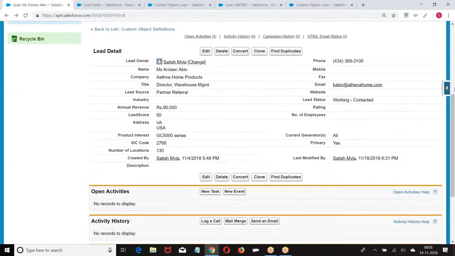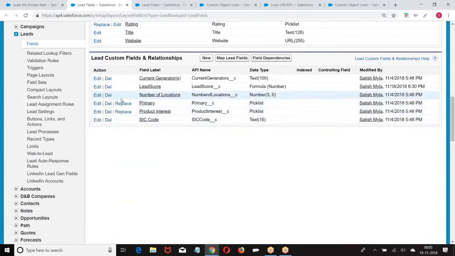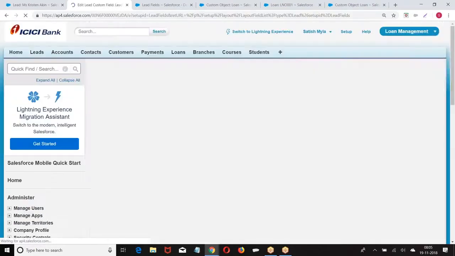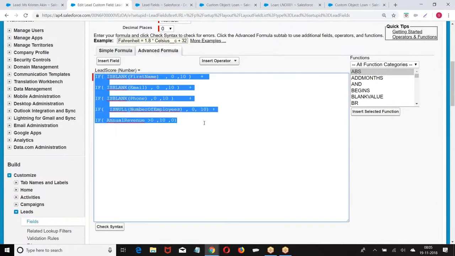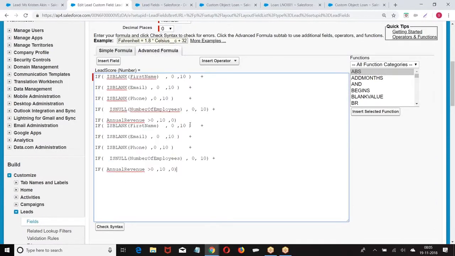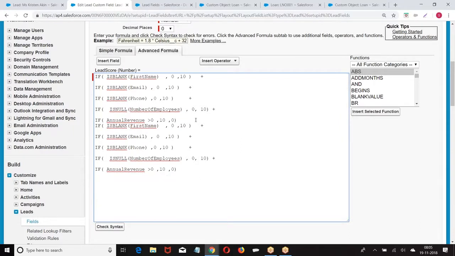But our requirement says, boss, the lead score has to be calculated based on the following rules. When you are writing all the rules, initially it was only based on 8 fields. We had no problem with that. But later on, what happened?